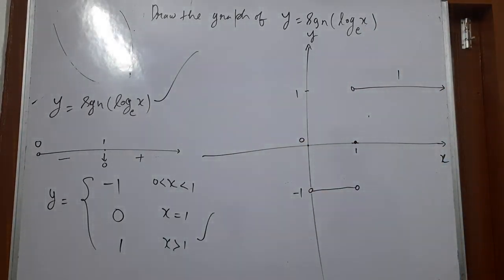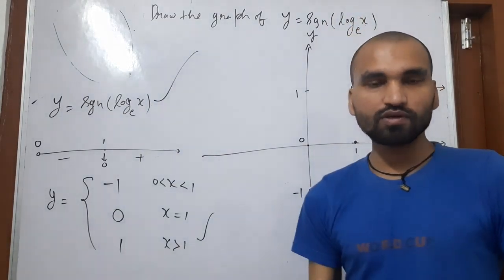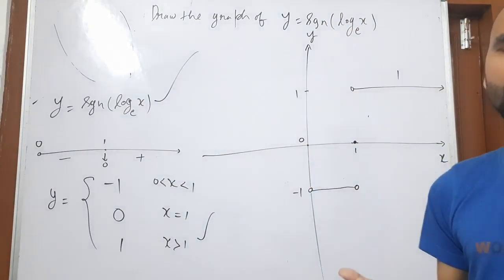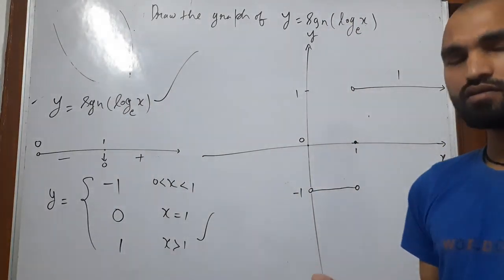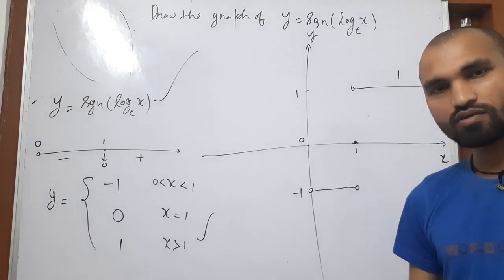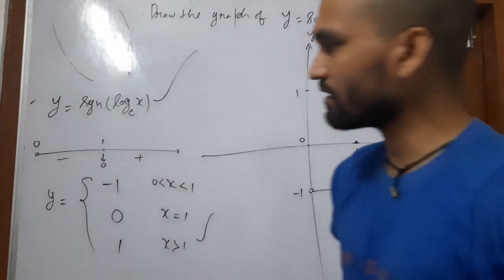Okay students, it is based on the condition of whether the value inside the signum is positive, negative or 0. After that we can draw the graph easily. We have only 3 values here, that is 1, 0 and -1, and we should mention that value on the basis of x. Okay. Now we should take another question.